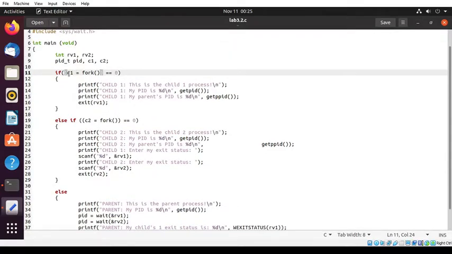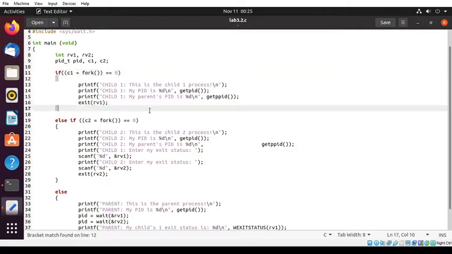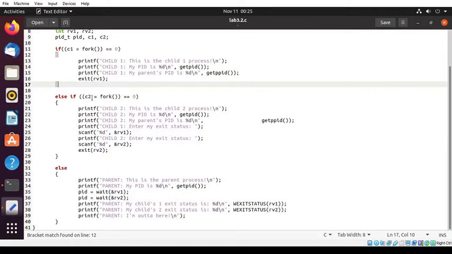programkan C1 iaitu child 1, and child 1 akan print child 1. This is the child 1 process. My PID is %d. My parent's PID is %d. Then kita akan exit R1. Untuk C2 iaitu child 2, kita akan print this is the child 2 process. Child 2, my PID is %d. My parent's PID is %d. Then untuk